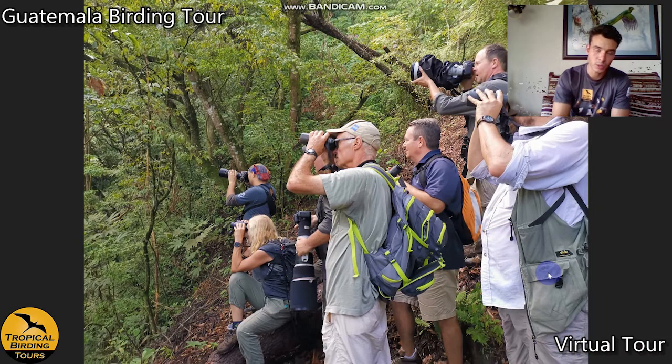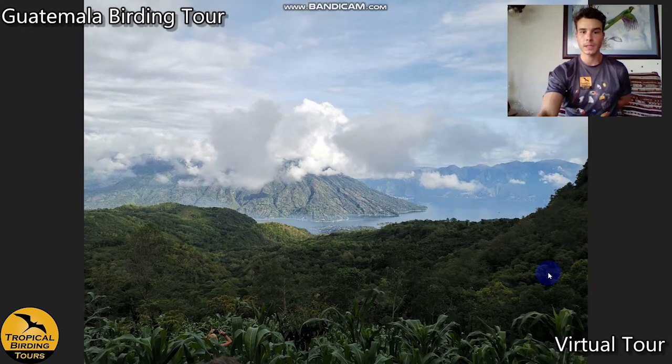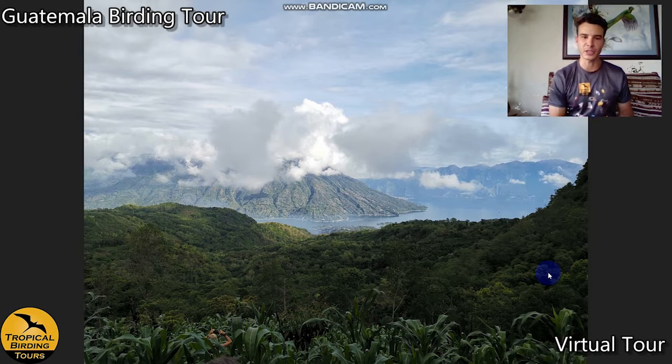This is the group birding on the slopes of the volcano, looking for horned guans in case we missed it. And this is the type of world-class views we're gonna be enjoying when hiking. When we used to hike for the guan, yes, it's hard, it's long, but it's very nice. The birding along the way is just amazing,